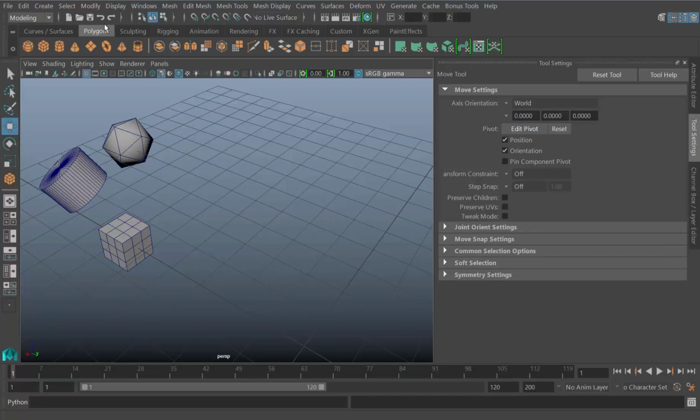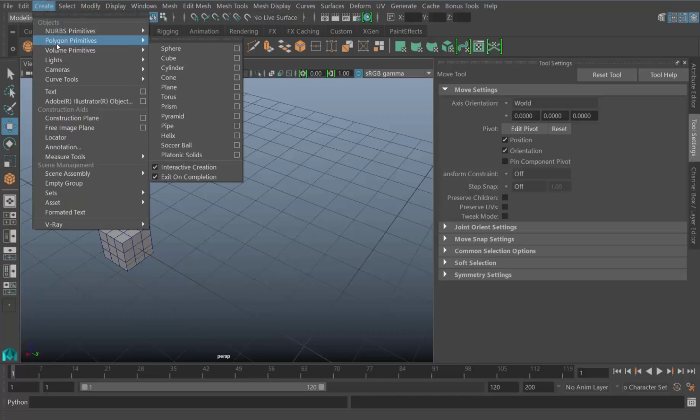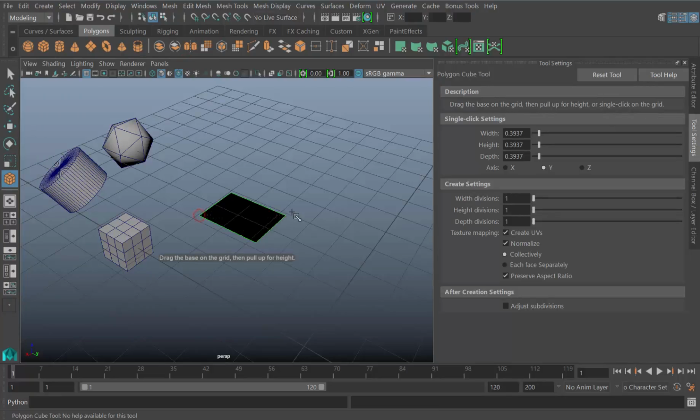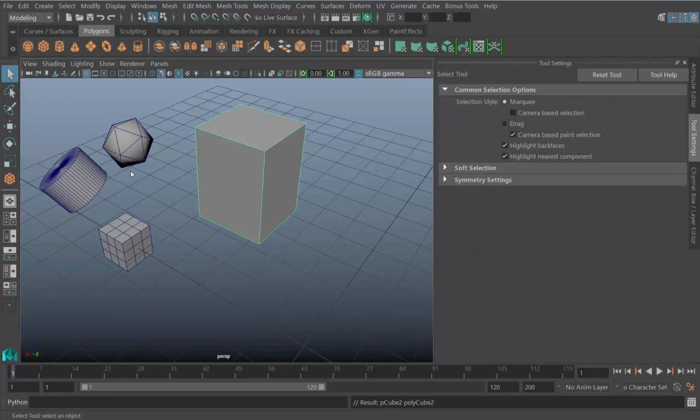So now let's create a polygon by clicking this icon here, which is the same as going up to Create, Polygon Primitives, Cube. And so we click and drag, and then we drag up to make the cube. Now let's take a moment to talk about the different display modes that Maya has and the keyboard shortcuts that